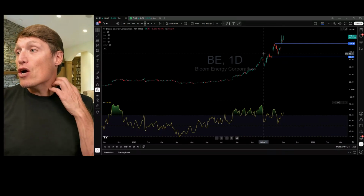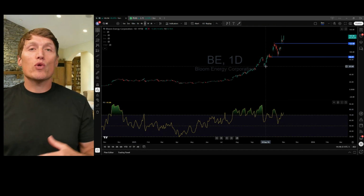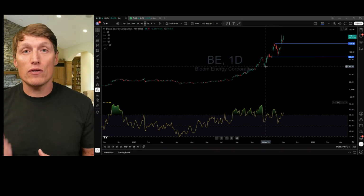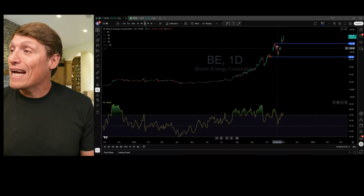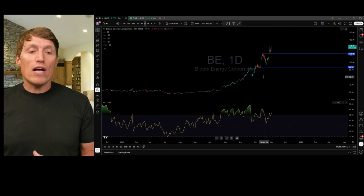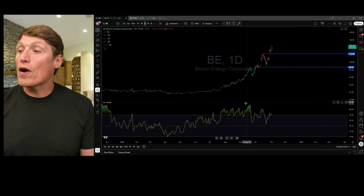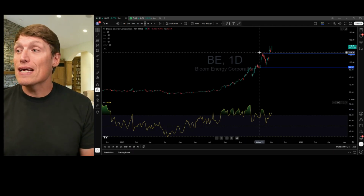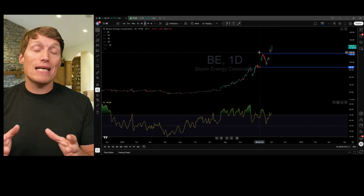As you can see, with price action, you're also getting volatility in BE. When you're using the relative strength index, or the RSI, I also like to look at the volatility. Without volatility, the RSI doesn't play out very well. And what I'm seeing is a negative divergence on the RSI. When I see a chart creating higher highs, whereas the peaks of the RSI continue to make lower highs, that gives you an idea that there is a little bit of divergence in the charts. And what that means is there are